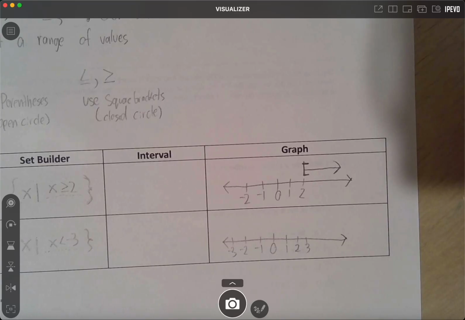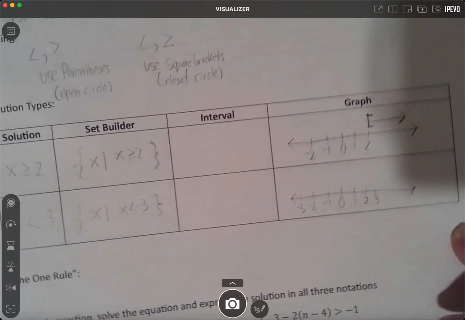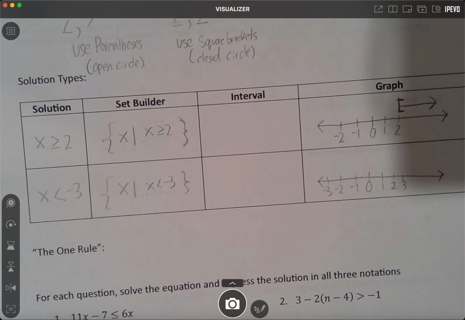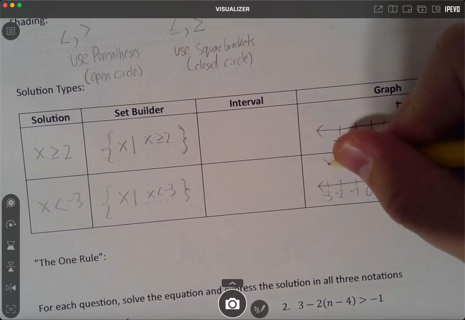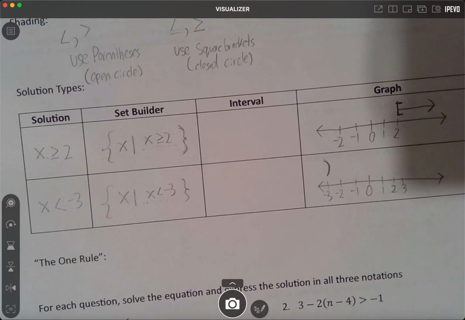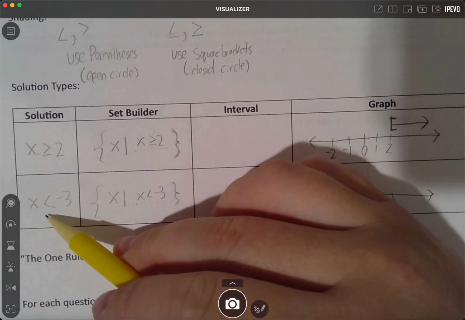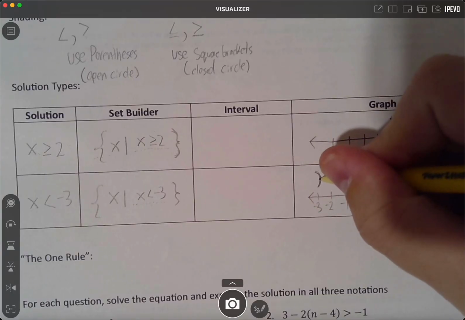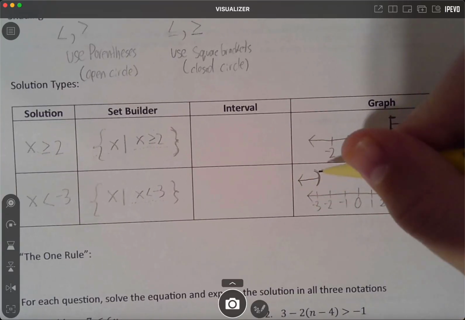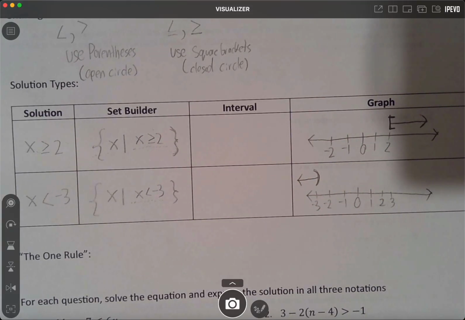Okay, based on that, hopefully you can look at the second example and think about what that's going to look like. And yep, you're going to have a parenthesis now, not a square bracket, because we only have the less than, we don't have the or equal to. And we're going to go more to the left because less than has an L, left has an L,